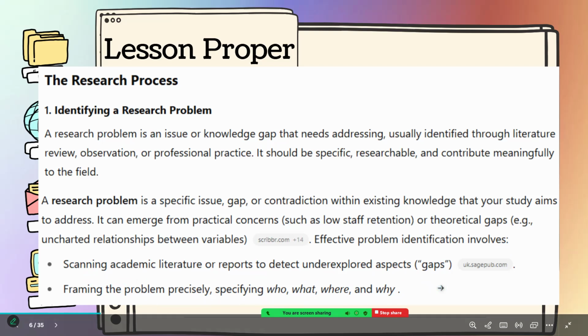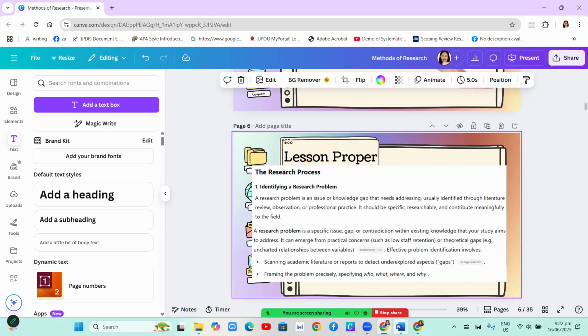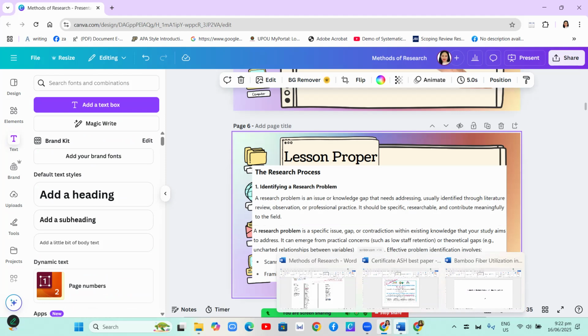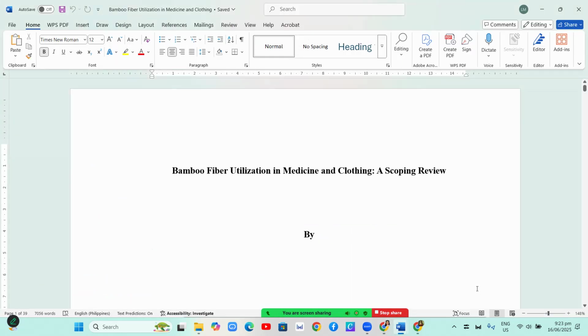So, for example, I had a challenge in my life when I had breast cancer in 2023. And praise the Lord and thank the Lord that I already overcame the challenge and I am well now. And I developed a study which was titled Bamboo Fiber Bra for Breast Cancer Patients and Survivors.